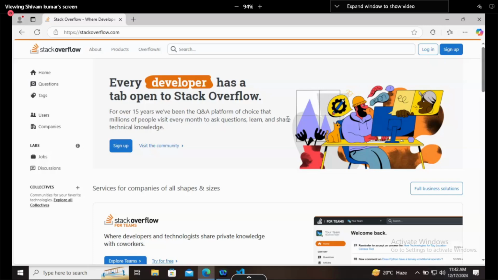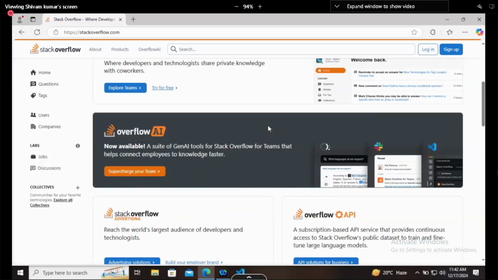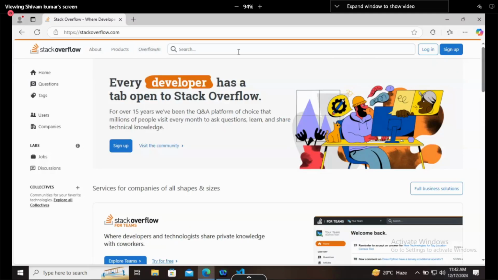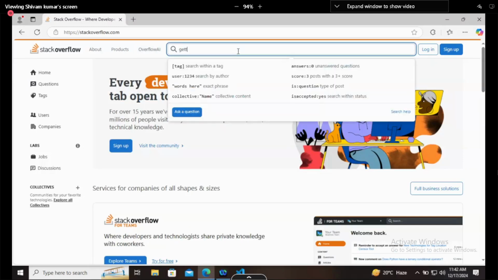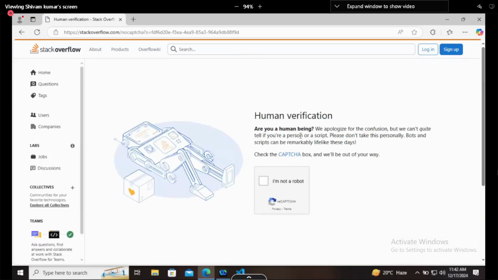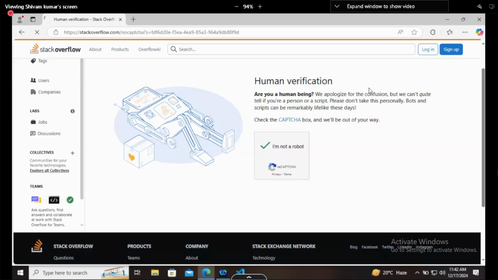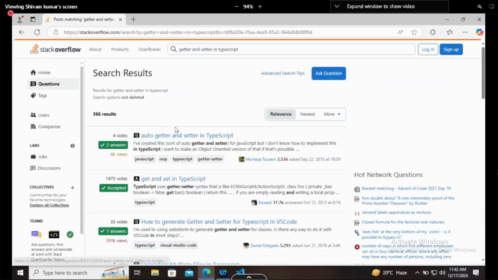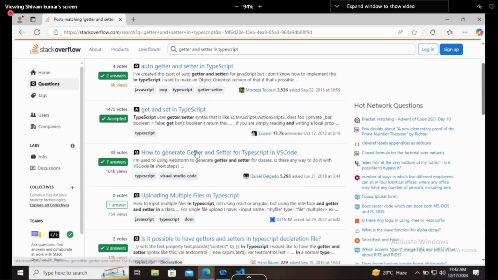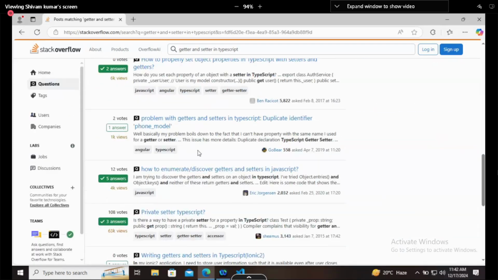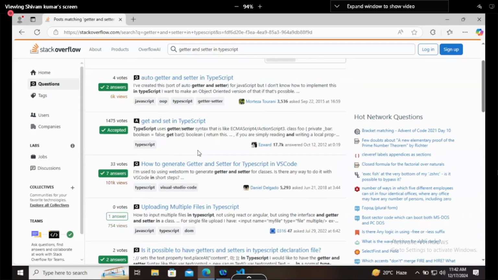Okay. Now let's say whatever you want to use here. So go to this website, and if you want to check, let's say I will write here getter and setter in TypeScript. If you write like this, and okay, you can log in. Actually I have not logged in here. So now these things you will get here, so you can read these. Now these are the answers written by experts. Experts mean those who are already working in industry for like 5 to 10 years, right? So generally we prefer this one, we don't prefer Google.